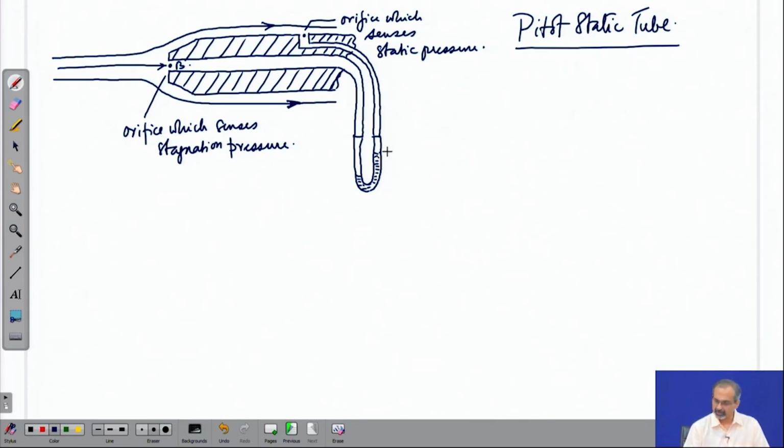Again, of course, you can do the delta H based calculations in order to link the two pressures. Now, let us look at the concept of these the two pressures which we are sensing at the 2 points. So, if you follow the streamline A B, then